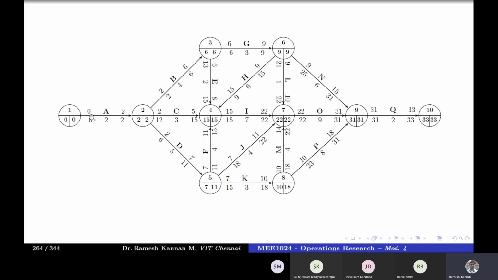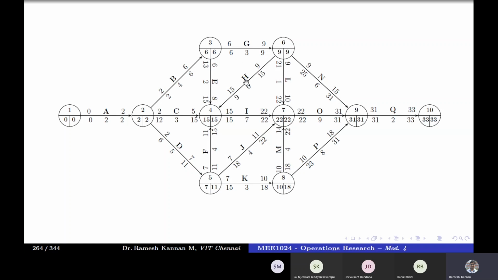If the EST and LST are the same, or EFT and LFT are the same, then that activity will not have any buffer time. So remember that in the previous example, even the event times 1, 2, 4, 7, 9, 10 are also critical, but we cannot take the same path because the EST and LST are not the same in the case of C. In the case of I, it's the same, but it's not in the other cases. So a critical path is predominantly 0022. This is A, 2266 is B, 6699 is G, and it's not the same here because it's different. So 9, it's also not the same in L, but it is the same here.